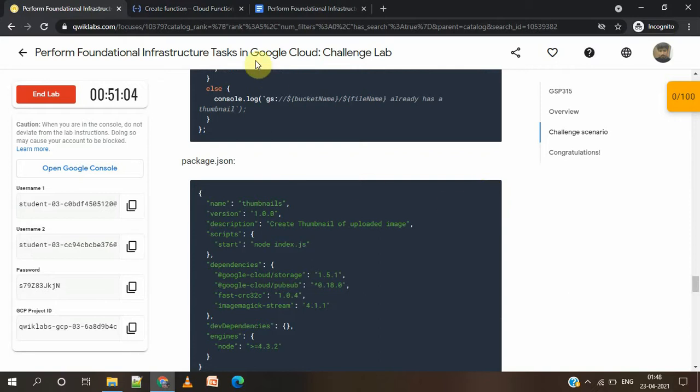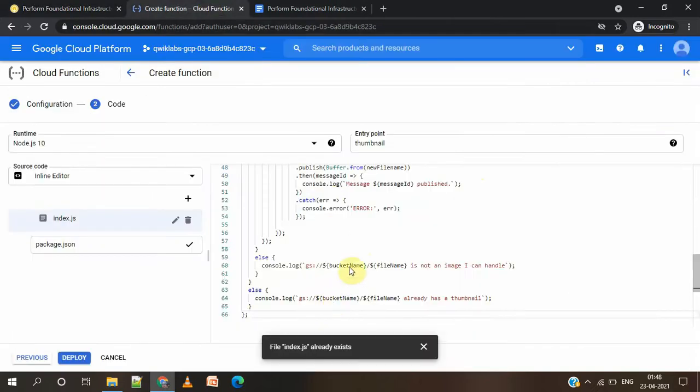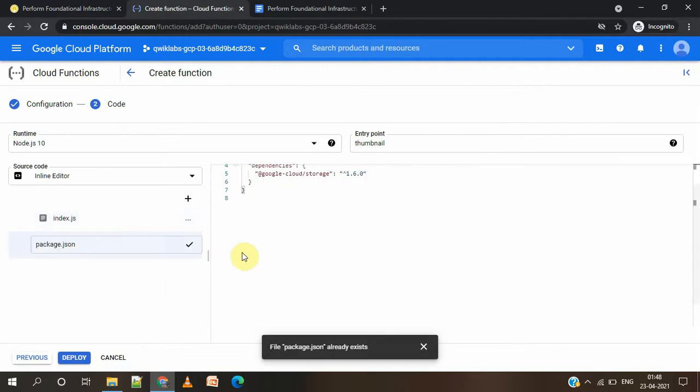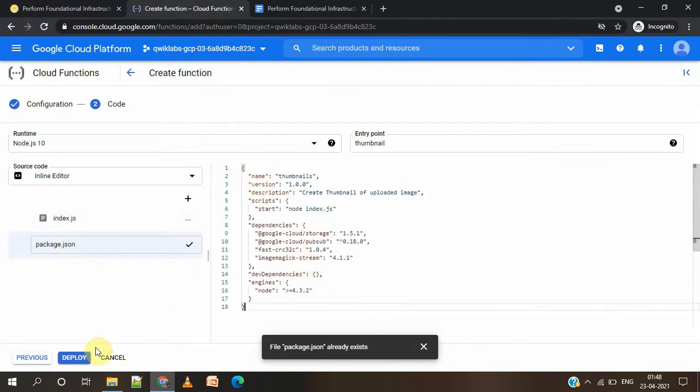Copy the file here, click on Edit, select the file, paste here, click on the Deploy button.